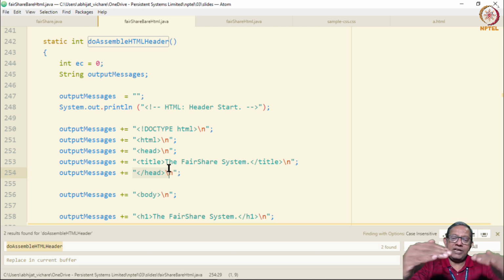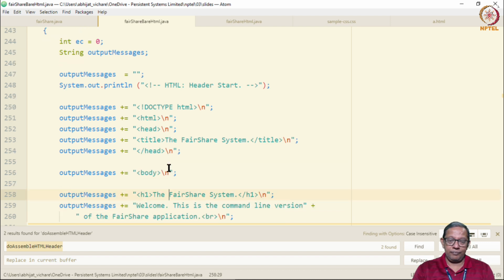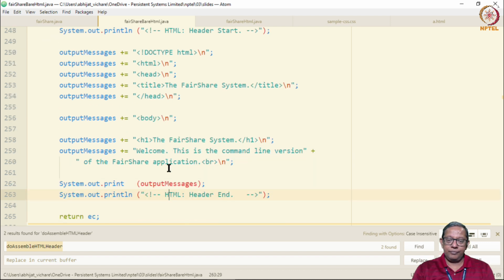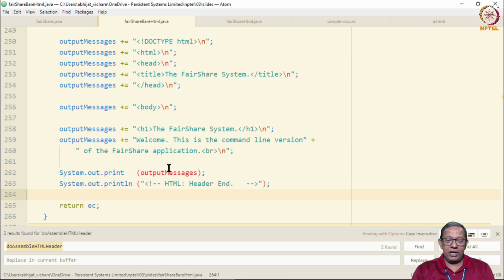Therefore, as each line is executed by our Java system, the HTML page goes on getting assembled: HTML, head, title, slash head, body, and so on and so forth. At some point, we finish constructing the header part of the HTML.